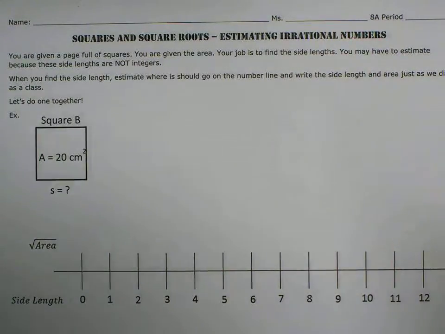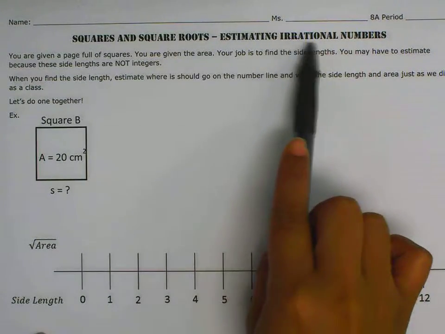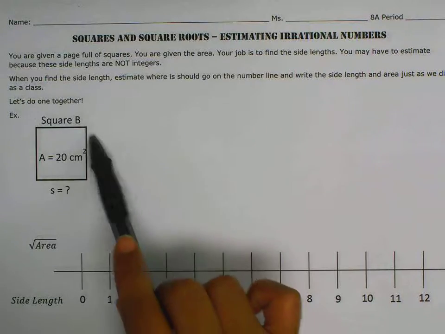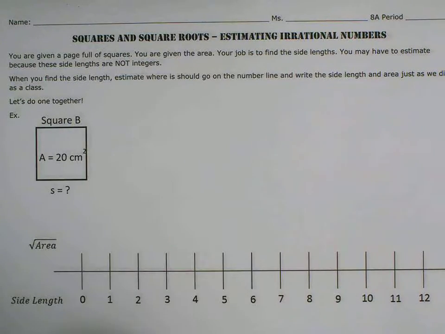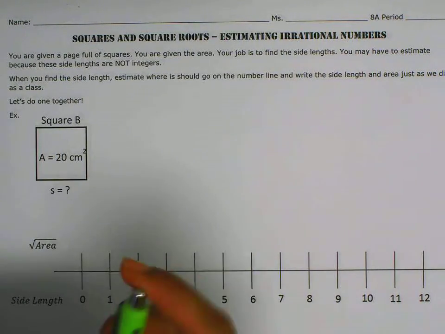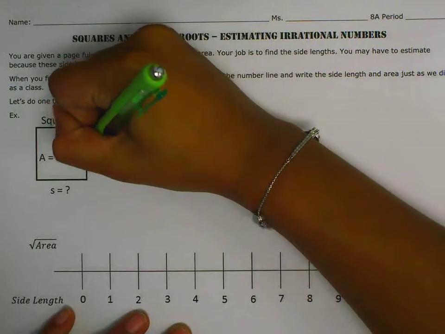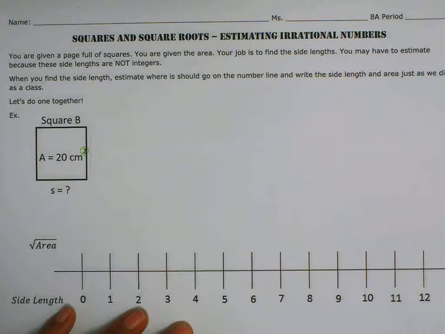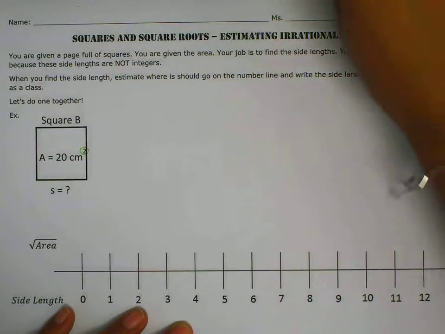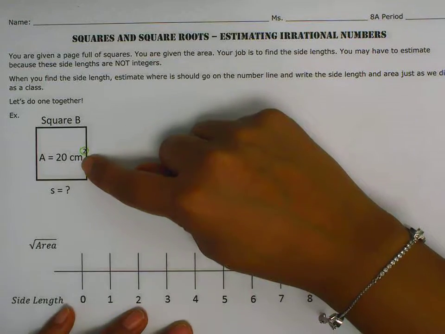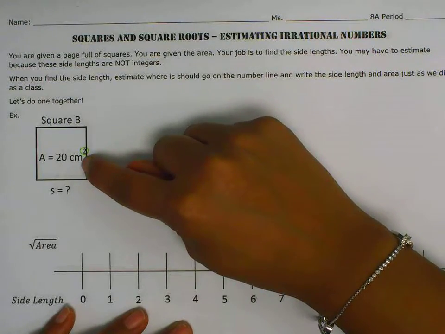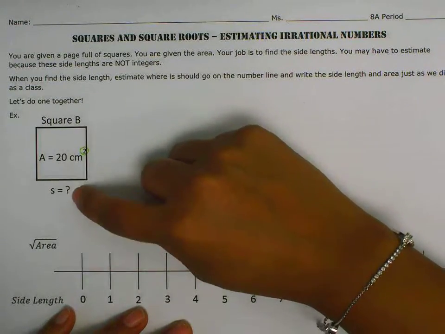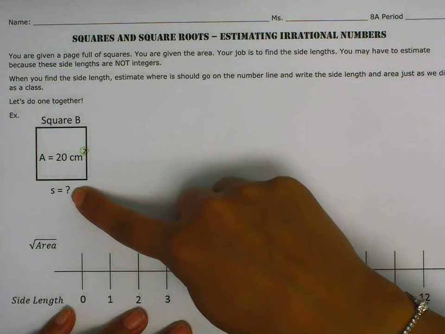Hey guys, so now we're going to be estimating irrational numbers. What that means is that we're going to be taking, for example, this square that has an area of 20 centimeters squared. Again, we know that it's showing squared right there, which means that is the area, not the side length. Now, in order for us to be able to determine or approximate what the side length would be,